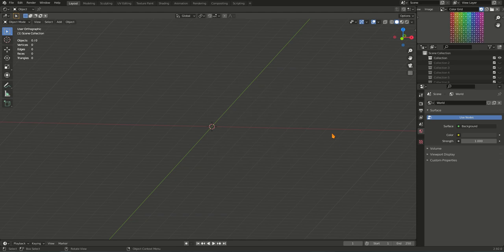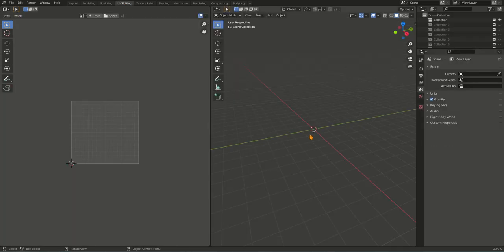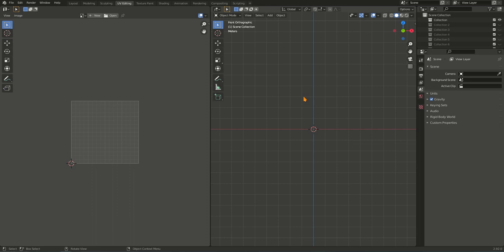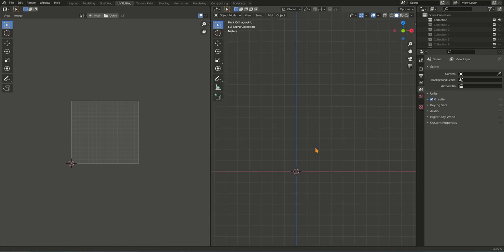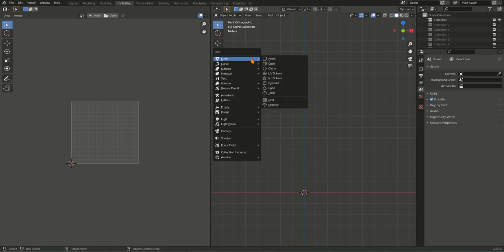We are in a new file, and for this exercise we are going to create, seam, and unwrap a column. So we go here to the UV editing layout. We hit over this window the number 1 in the numeric keyboard, and now we add a cube,